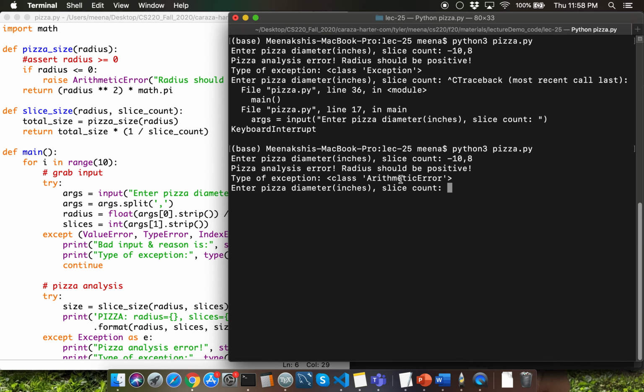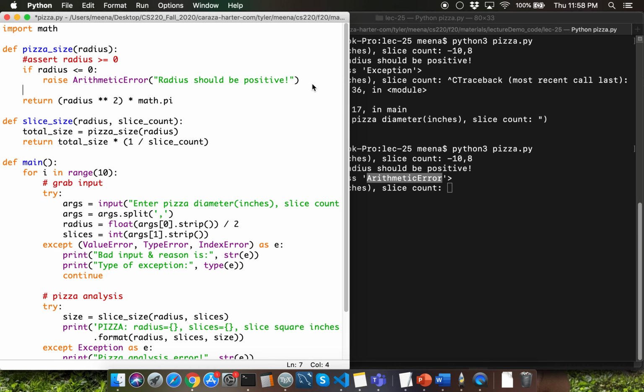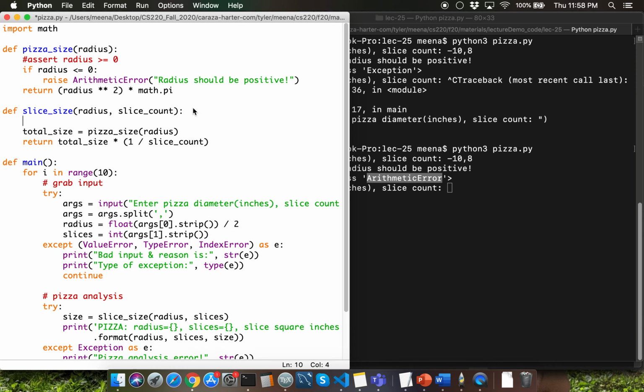This time we are saying that we are running into an arithmetic error, and you can imagine adding different kinds of asserts here. For instance, I can assert that slice count should be greater than or equal to 0 inside my slice underscore size.